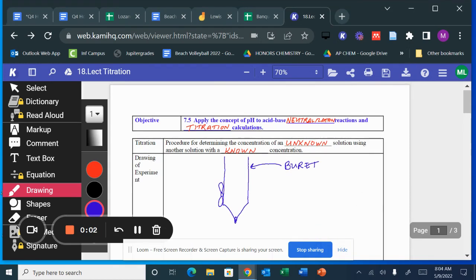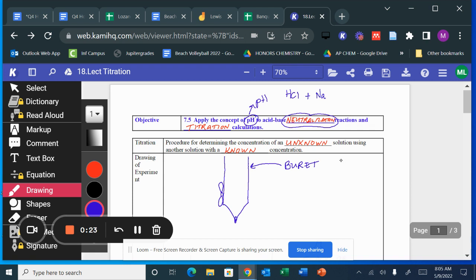In this lesson, we will be learning about titrations. So the objective is to apply the concept of pH. You already learned what pH means to acid-base neutralization reactions. So in this titration, we're going to use the concept that if you have an acid, for example, hydrochloric acid,